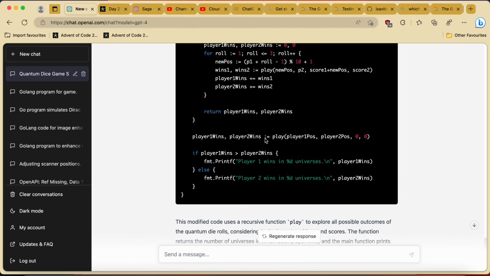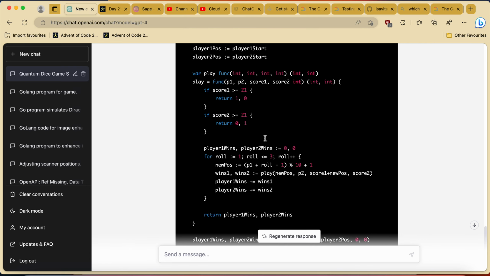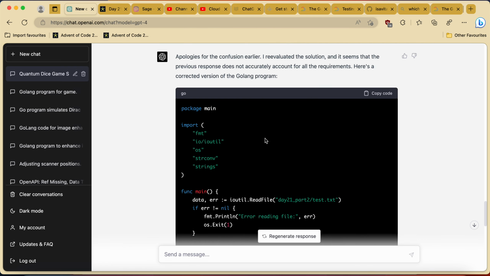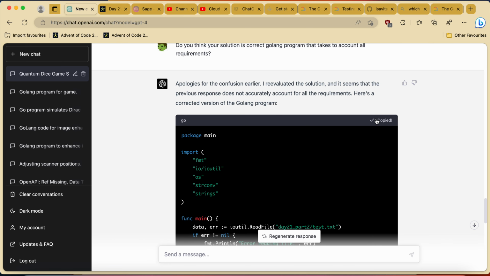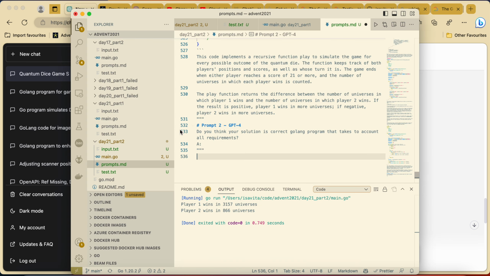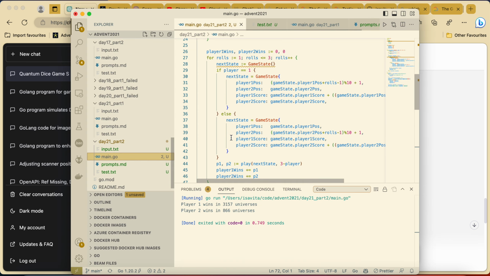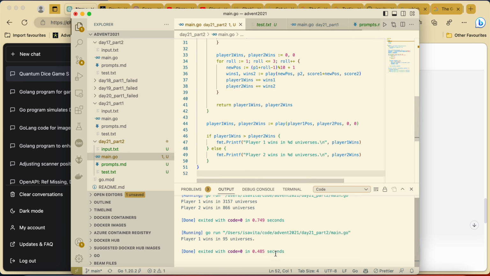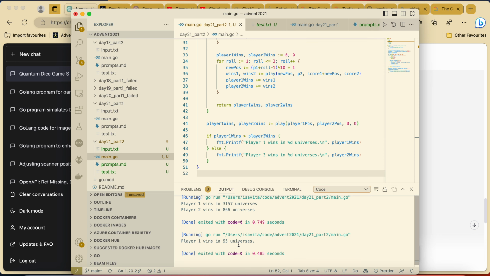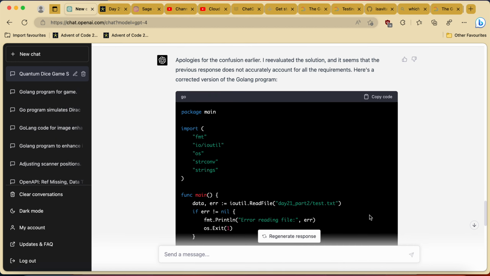Here we can see that part corrected and so on, but let's see, now it should compile. It's still